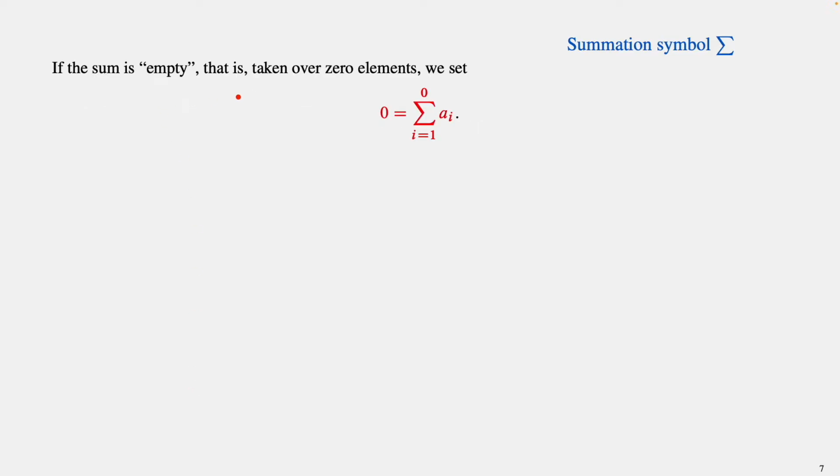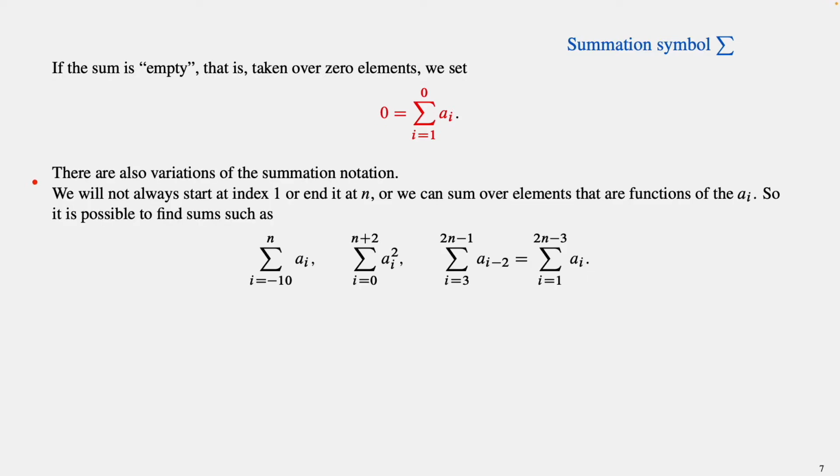If the sum is empty, that is, if we sum over 0 elements, then we define the sum to be 0. So that would look like this. If we sum from i equal to 1 to 0, so then the upper index is actually lower than the initial index, then we don't sum over anything and we define this to be 0. And there are some variations to this summation notation. We will not always start at index 1 or end at index n, or we can sum over elements that are functions of the ai, and